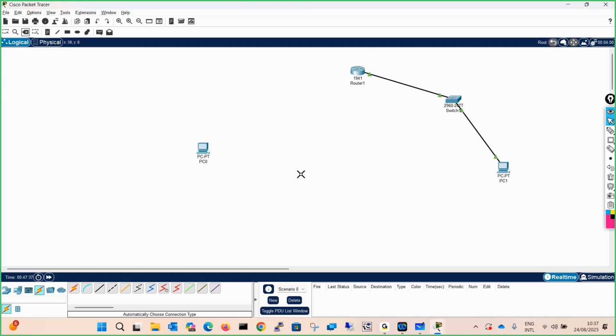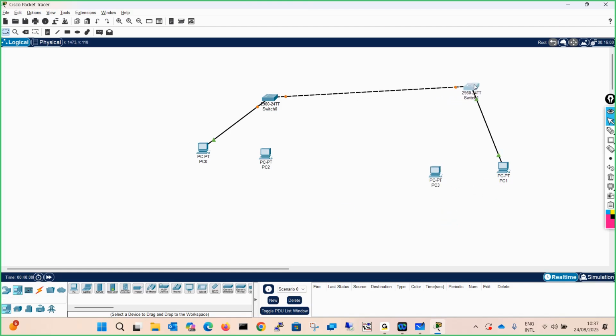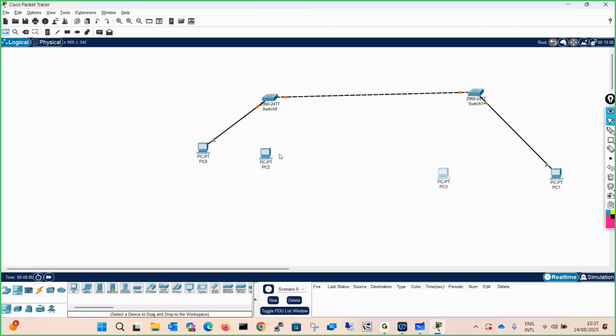Delete this router, and what you have to do is simply connect this switch to this switch, and just take one more PC over here and one more PC over here, and connect this to the switch.